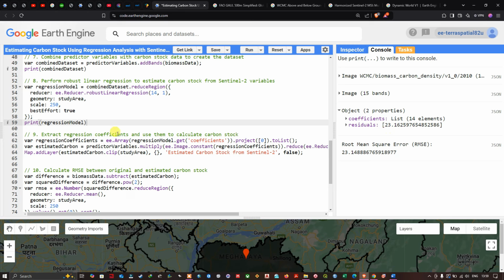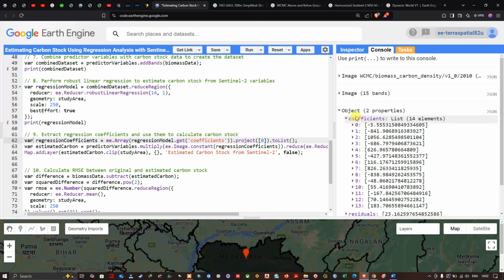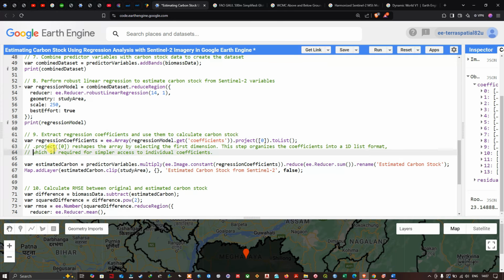To do that, we define a variable called regression coefficient. Basically, we're going to extract the regression coefficients and use them to calculate the carbon stock. So we define regression coefficient equals array. We are making it an array structure because it is of object structure. So we define array regression model, referring to this variable, and we define get coefficients. Once you define the coefficients, we use project 0, which reshapes the array by selecting the first dimension. This step organizes the coefficients into a one dimensional list format, which is required for simpler access to the individual coefficients. And the list function converts the processed array into an Earth Engine list. So for that, we are using this list function. Once you have prepared your coefficients,